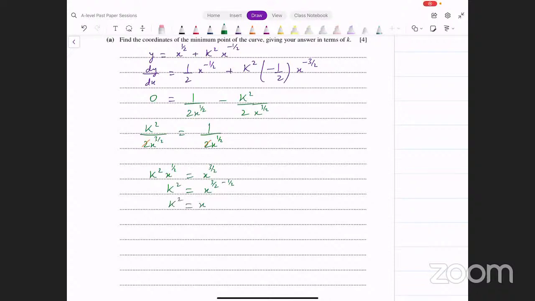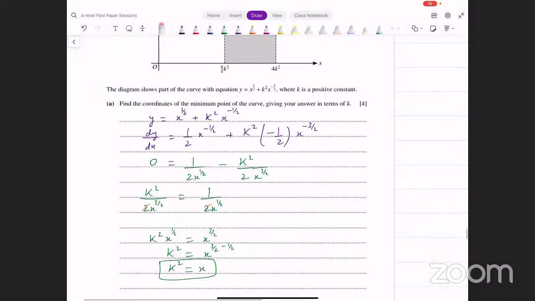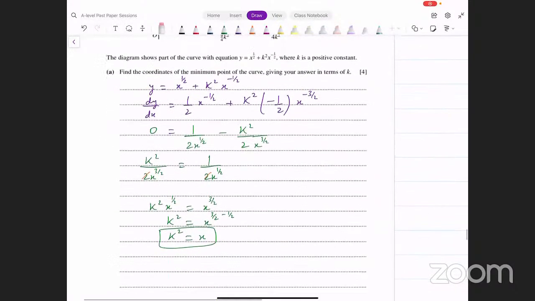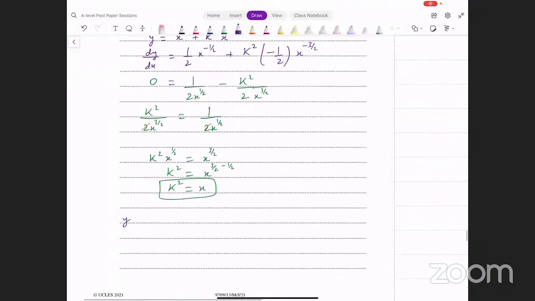x कोऑर्डिनेट आपके पास क्या आ गया, k square आ गया। ठीक है, x कोऑर्डिनेट आ गया, अब और क्या चाहिए हमें, उसने कहा था कोऑर्डिनेट्स फाइंड करने, तो y कोऑर्डिनेट भी चाहिए आपको, क्या करेंगे, इसको वापस कर्व की इक्वेशन में इनपुट कर दें, उससे आपके पास कोरेस्पॉन्डिंग y कोऑर्डिनेट आ जाएगा। लेट्स डू दैट, y इक्वल्स